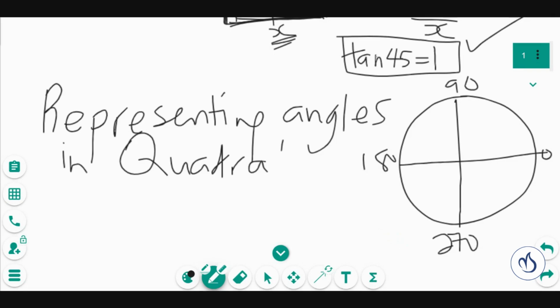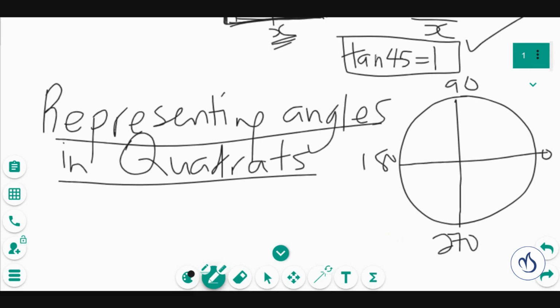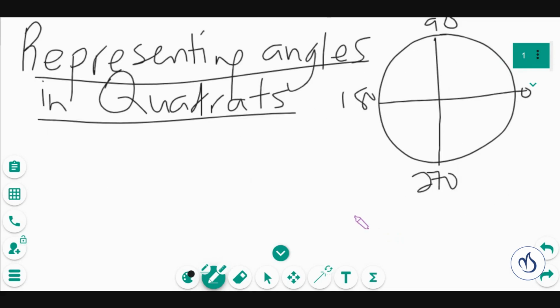In quadrats, we have 4 quadrats. These are the angles we are going to represent. We are going to represent